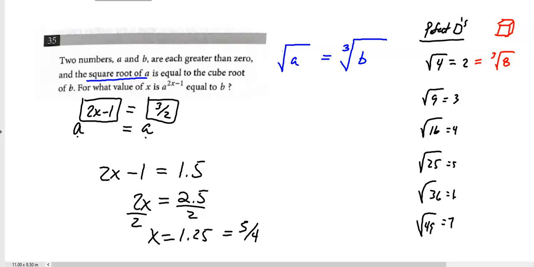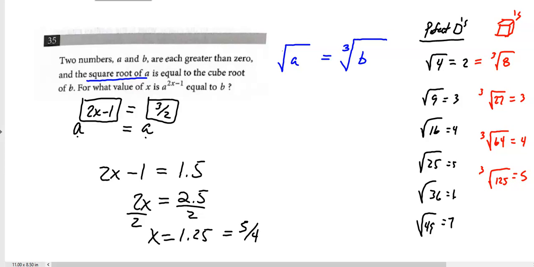Another perfect cube is the cube root of 27. Well, that's 3. 3 times 3 times 3 is 27. 4 times 4 times 4 would be 64. 5 times 5 times 5 would be 125. So it's kind of worth knowing some of these perfect cubes and the perfect squares, because really what this was